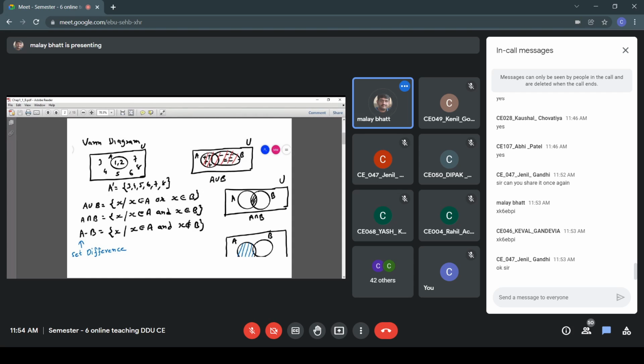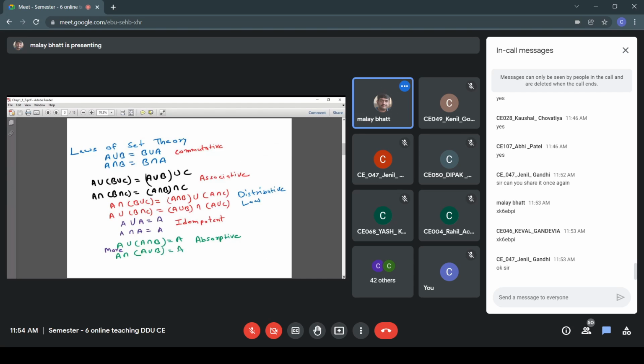So these are the well-known things. We have various laws of set theory, De Morgan's laws, we can say. A union B is equal to B union A, which is the commutative property. Similar to that, we have the associative property, A union B union C. Here we have a union of B and C first, and then a union with A. So we can write it as A union B, and then finally we get a union with set C. It is known as the associative property.